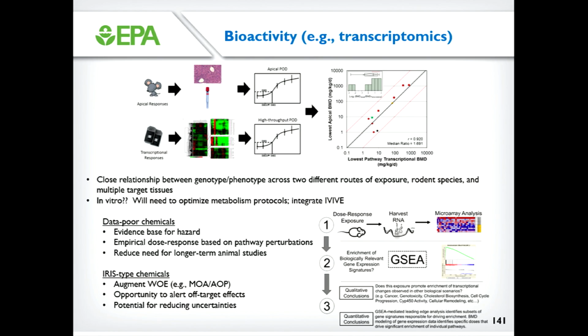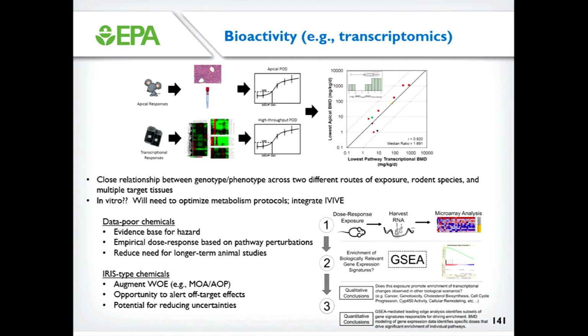We can also use this as an empirical basis for dose response based upon pathway perturbations, and eventually reduce the need for longer-term animal studies. For IRIS-type chemicals or data-rich chemicals, we could use this information again to augment weight of evidence like mode of action. This second bullet is something we've seen, we just haven't published on it yet, but an opportunity to